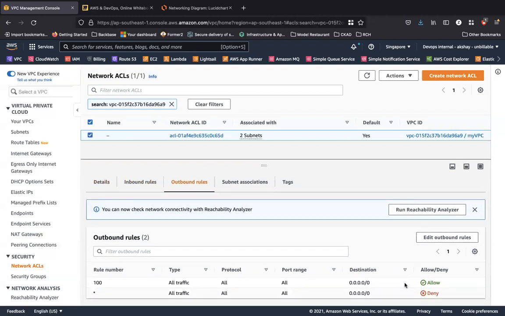When we create a VPC the hard way, I'm going to take you through the process of how you segregate your NACLs for each and every subnet. A public subnet would have its own network access control list. A private subnet would have its own network access control list. So I'll see you in regards to creating it the hard way, where we will explore more on this.